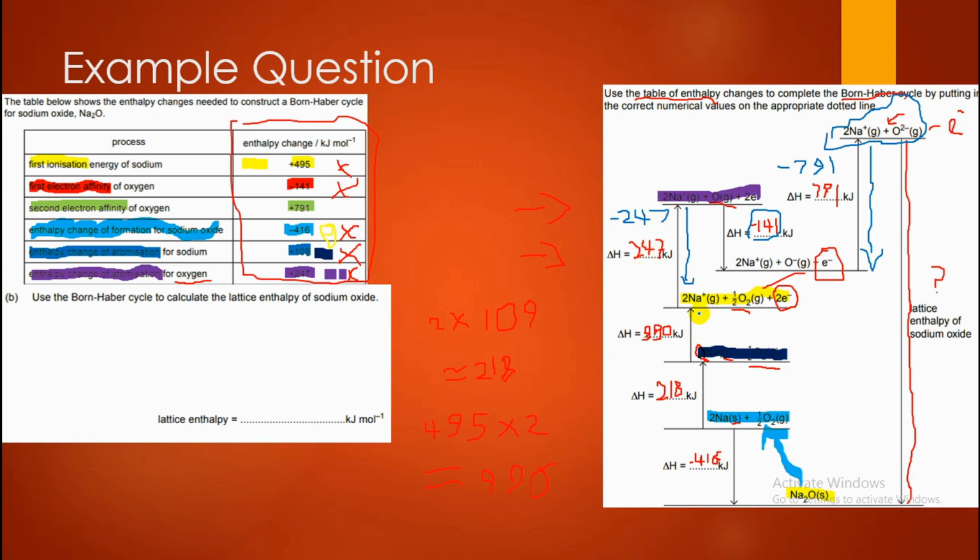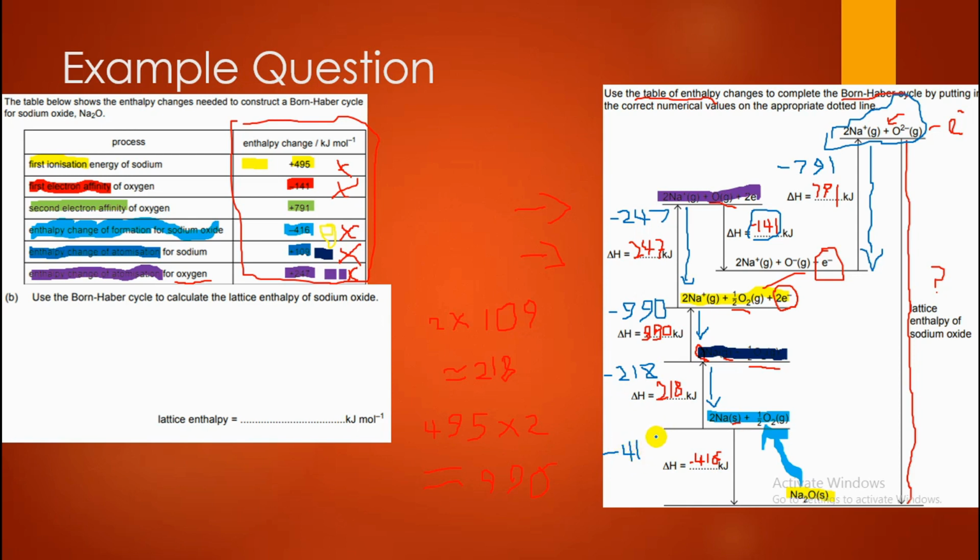We have another arrow pointing up, which we have to make go down, meaning minus 990. Now we have another arrow pointing up, but we need to go down, which means minus 218. And lastly, we have an arrow already pointing down, and that gives us minus 4,